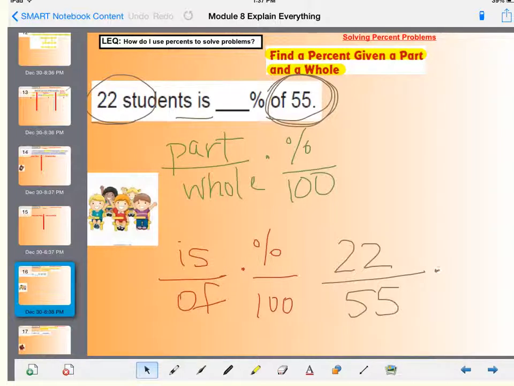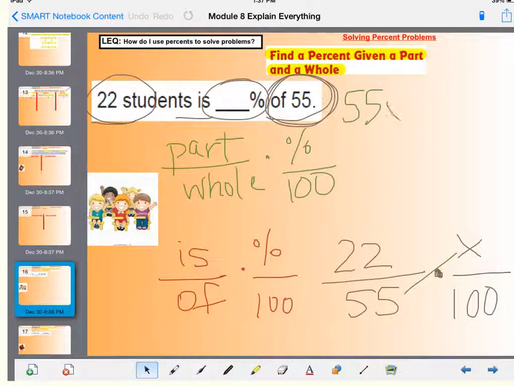What we don't know is the percent. So that is our unknown, and we talked about that being x in algebra because we don't know what it is, and that's what we're solving for. And percent is always out of 100. So we also talked about how at this point we're going to cross multiply. So we have 55 times x, which is 55x, is equivalent to 22 times 100, so we're just cross multiplying,